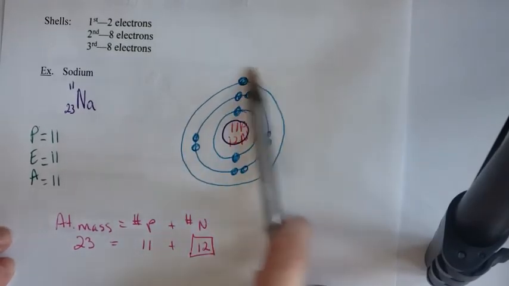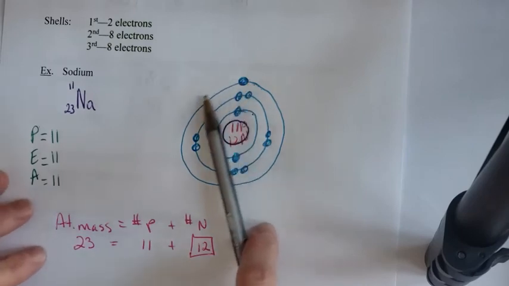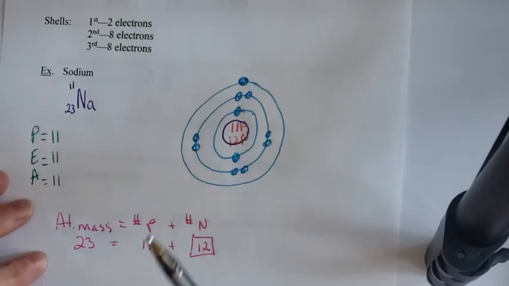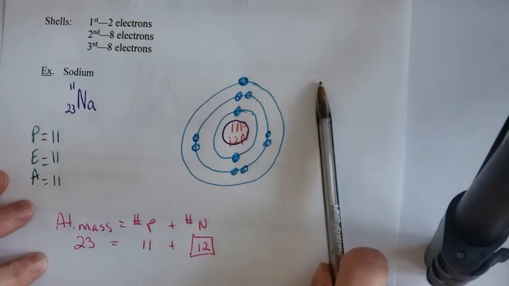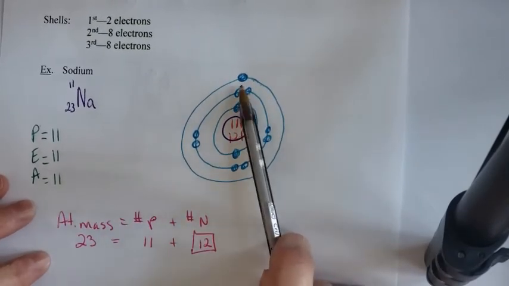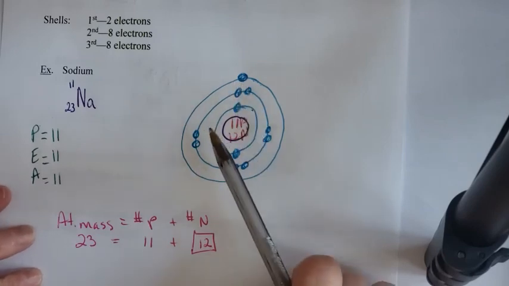So for sodium to be happy, he needs to be happy like the noble gases. He needs to have a filled outer valence shell. There's 2 things that can happen. He can either lose 1 electron or gain 7. Well, losing 1 electron is much easier to do. So sodium's quite happy